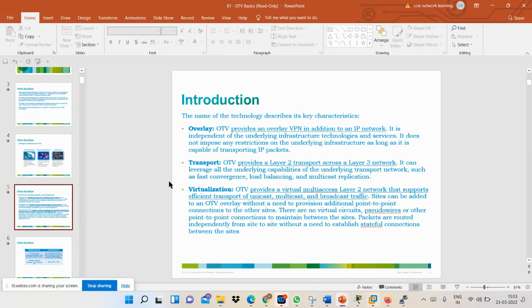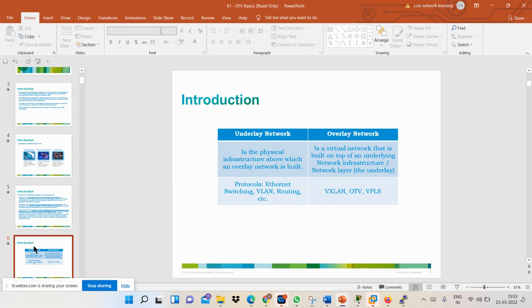Then we have virtualization. That means the unicast, multicast, and broadcast traffic which we can utilize inside the virtualization. That is the main use of OTV. Okay,